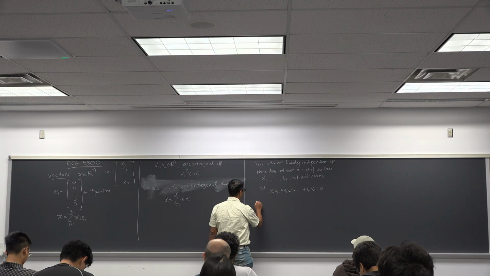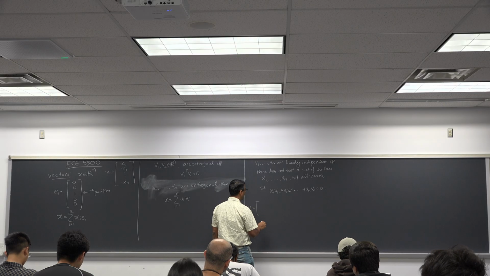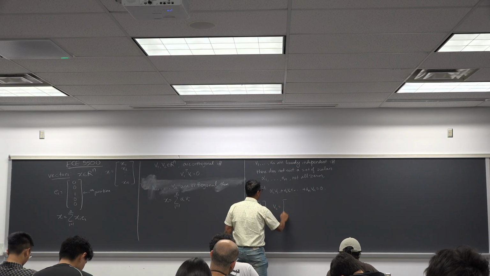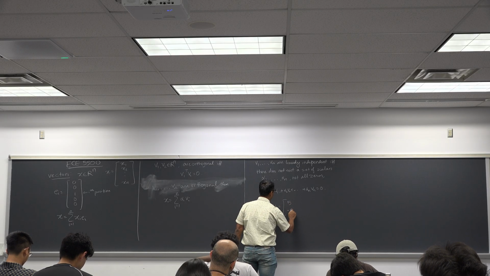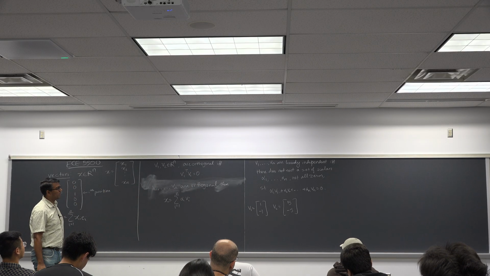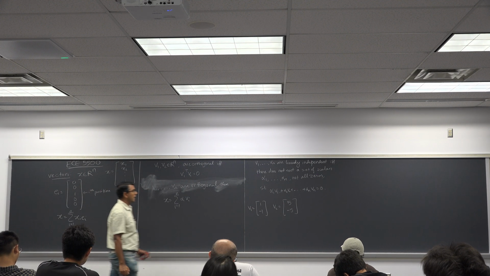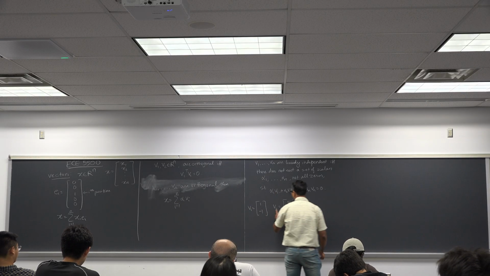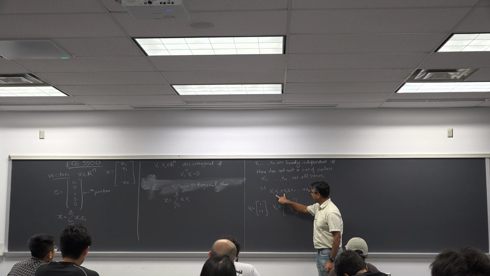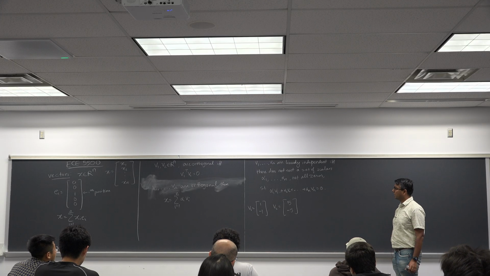Let's look at an example. I'm looking at 2 dimensions, so I only need to have v1 and v2. v1 is (1, -1) and v2 is (5, -5). Are they linearly independent or are they linearly dependent? The question is, we need to find alpha 1 and alpha 2 that are non-zero, such that the sum of alpha 1 v1 and alpha 2 v2 is 0. If I can, then it means that they are linearly dependent.